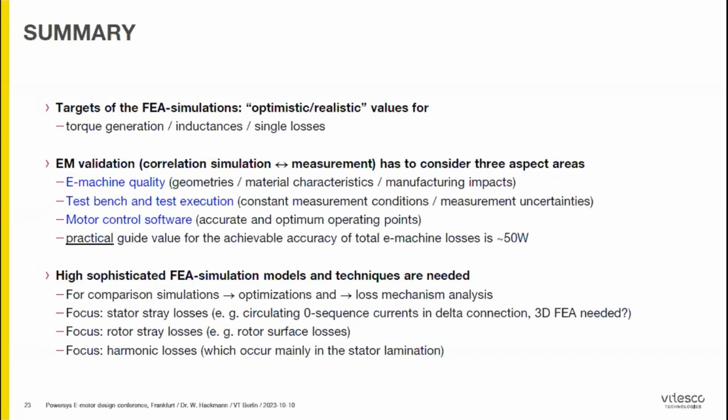We have to consider test bench and test execution. This means we need constant and known measurement conditions, and we have to consider measurement uncertainties. But as I said before, these are not so dramatically bad. And we have to check the motor control software. We need accurate and optimum operating points. And here we have to work very carefully. If we do not implement the optimum operating points in the motor control, we are far away from the optimum situation. The practical guide value for the achievable accuracy, and this is not academically evaluated,